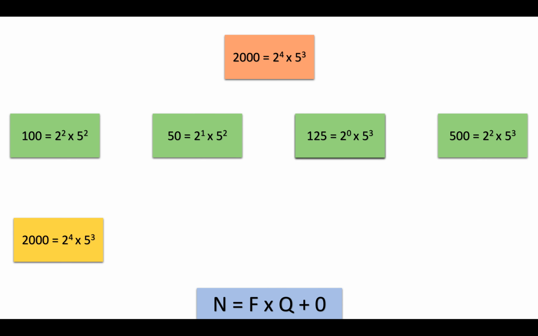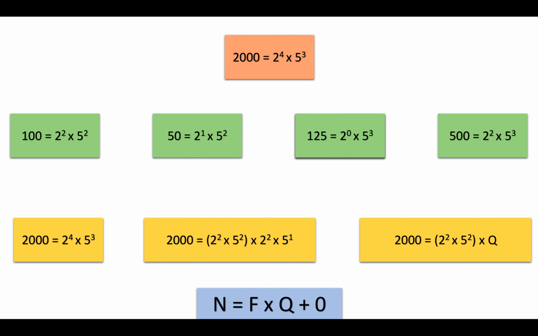Right? So again, taking this example, let's take some subset out of the prime factorization. Let's say we took 2 square into 5 square outside in this bracket, and then what is left as q is 2 square into 5 raised to power 1. So you can write it this way. This means 2 square into 5 square is a factor of 2000. This way we can take any subset out of it. Right? So by this pattern, what we notice is that if we take out any exponent of the prime factor which is less than or equal to the actual number, we get a factor.